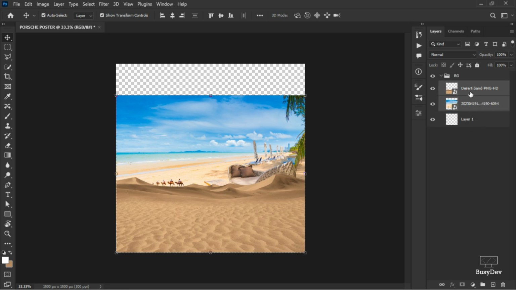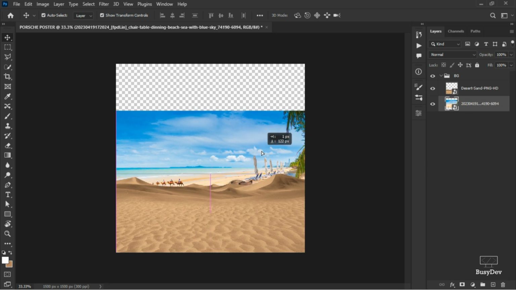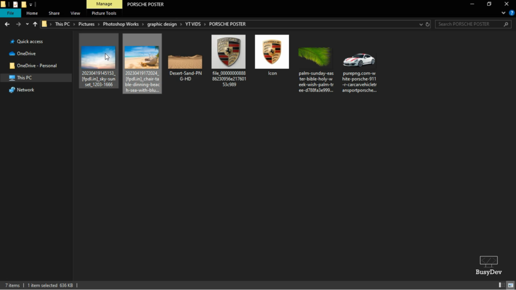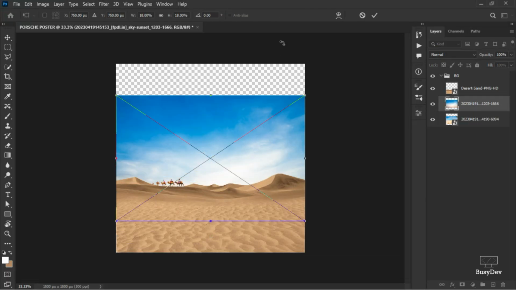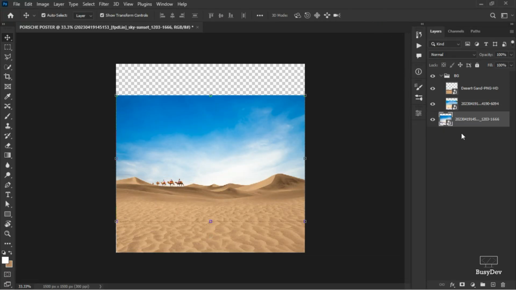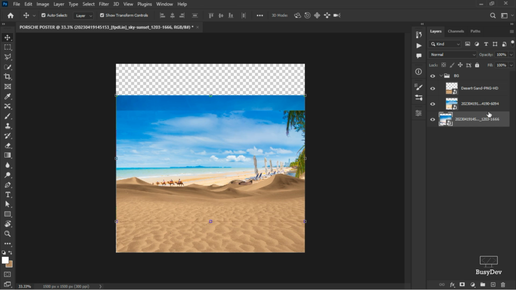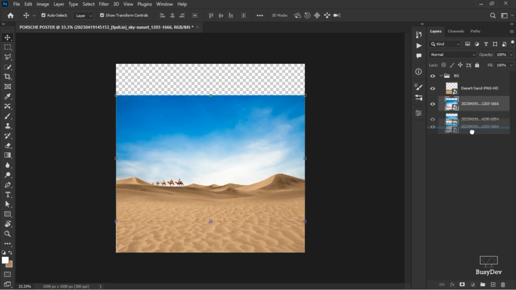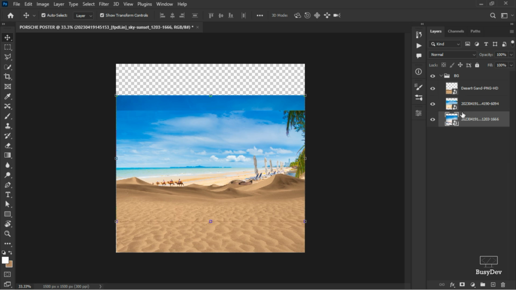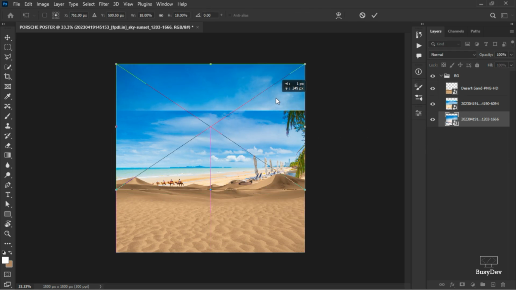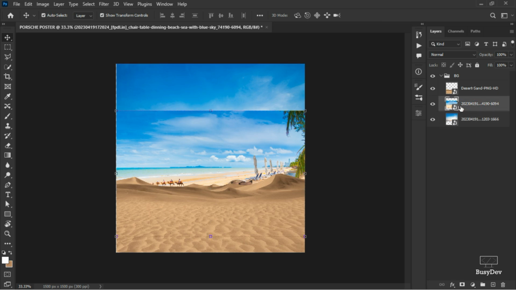Now I'm going to select both of the layers, and then I bring them into my background. It should have been on the empty layer, so let me delete it. I don't need it for now. So now I have my sky layer here, and I want to bring in the second sky layer. In fact, this should be underneath all of them. Okay, so it should still be in the BG. Good. So I'm going to move that one upwards to here, and then for this one I'm going to press